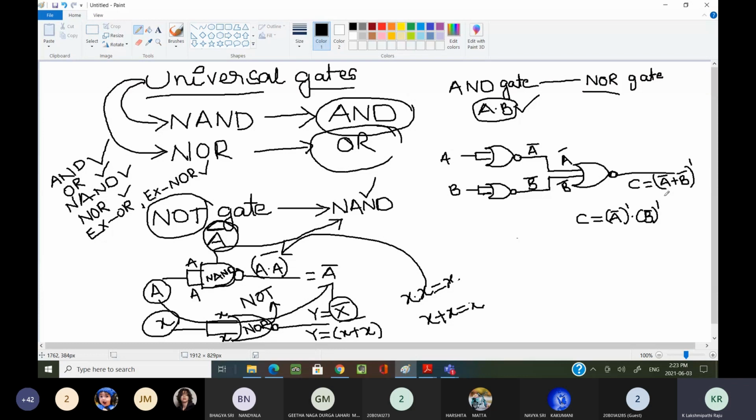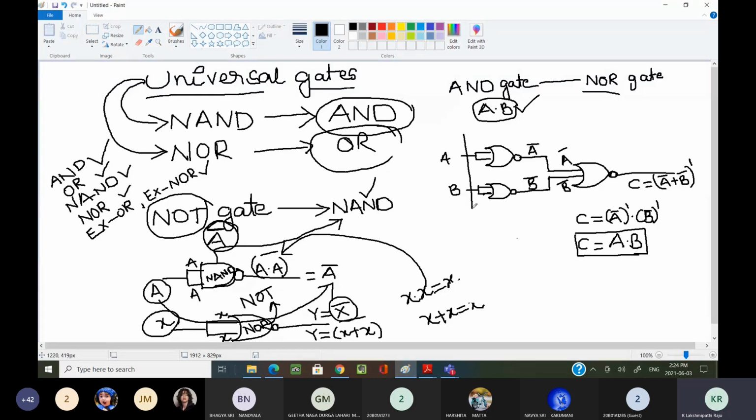Now, if you expand the whole outer complement by using De Morgan's law, (A plus B) whole complement equals A complement dot B complement. That is what I am doing here. Now, (A complement) whole complement equals A, because if you double complement any value, you get A. Now, (A B complement) whole complement equals, that means the finalized expression is this only.